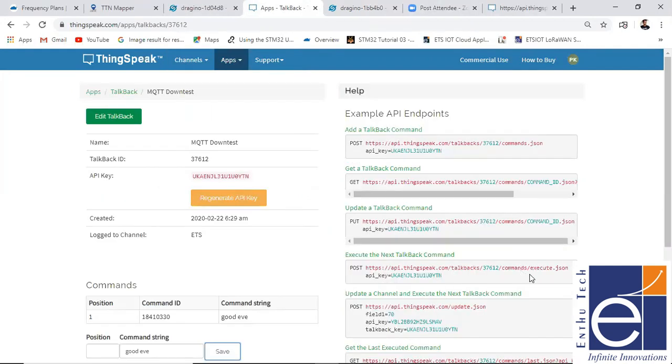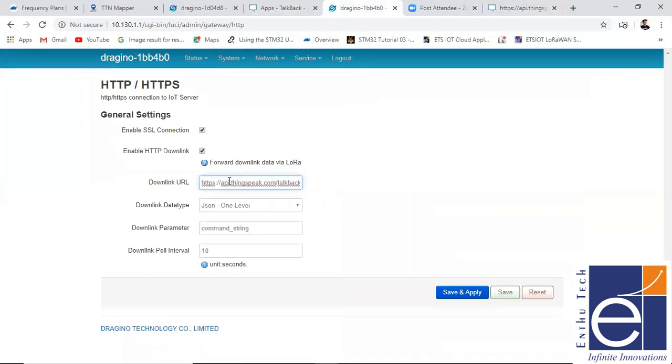and instead of this .json, I need to put the question mark and I need to replace it here. Wait, I'll replace that key here. Okay. So I just replace the key here. So here you can see I just copy the talkback command and I just place it here.